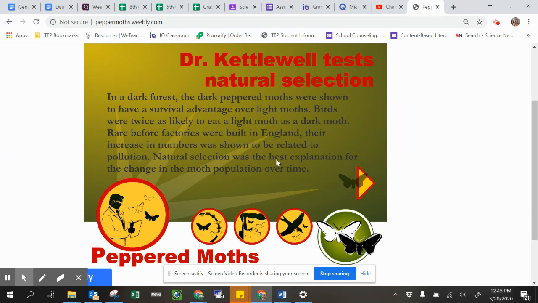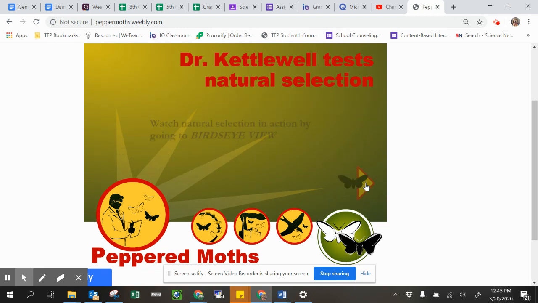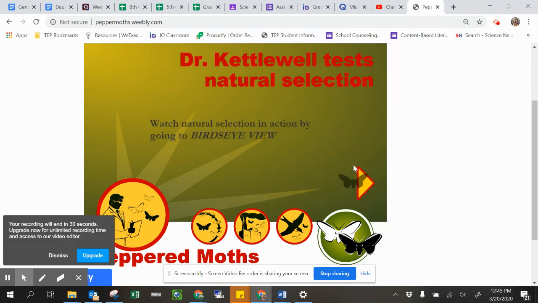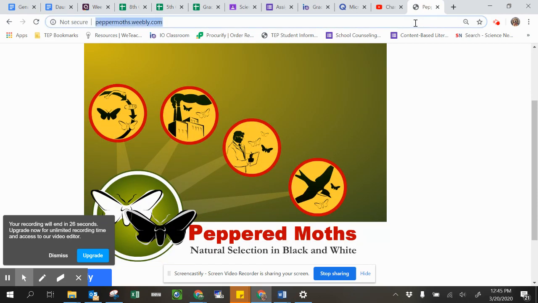So natural selection was the best explanation for the change in moth population over time, right? So that means if the moths were in a darker place and the birds flying over were trying to eat the moths, they would find the white moths more than the dark ones in a darker place, because the dark ones blend in better. So watch natural selection in action by going to Bird's Eye View. You'll do that later. All right, so I'm just going to show you some images of the peppered moths